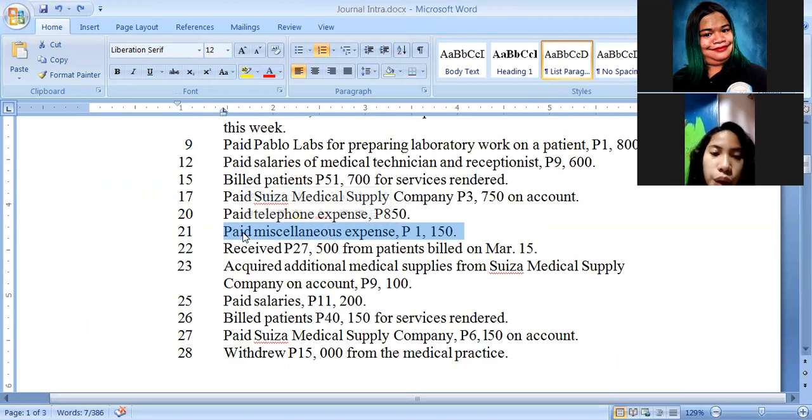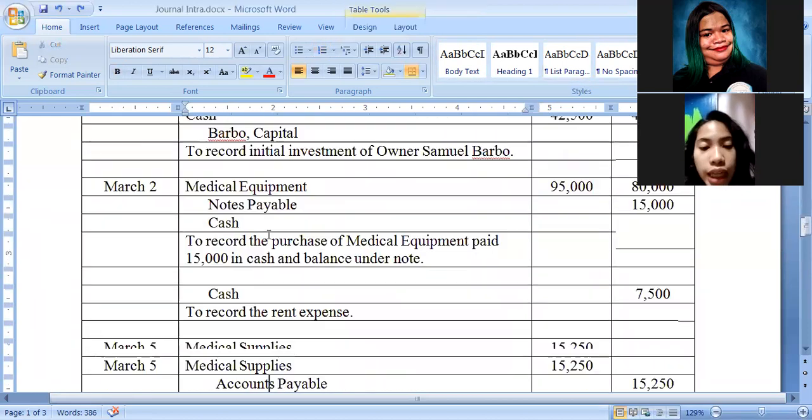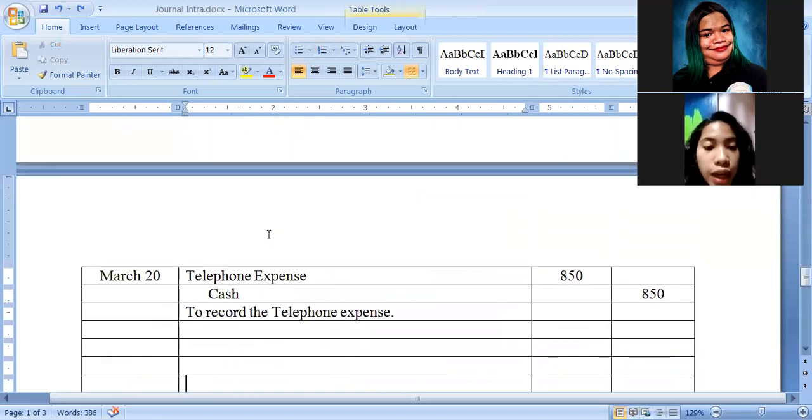Now, let's proceed on March 21. So, on March 21, paid miscellaneous expense 1,150. So si Samuel, nibayad daw siya og mga miscellaneous expenses in the amount of 1,150. Sa ato ang ibutang dito sa ato ang journal entry kay March 21, ang ato ang debit kay miscellaneous expense, kay ni-increase pa nato ang expense and according sa rule, ato siyang i-debit on the amount